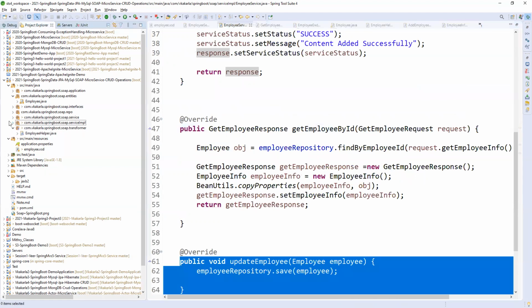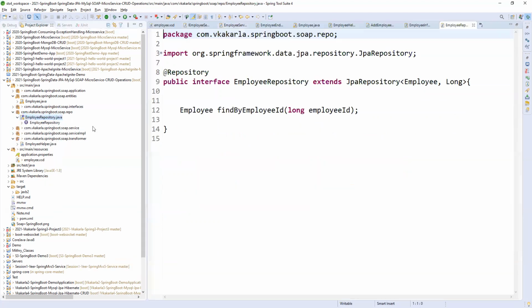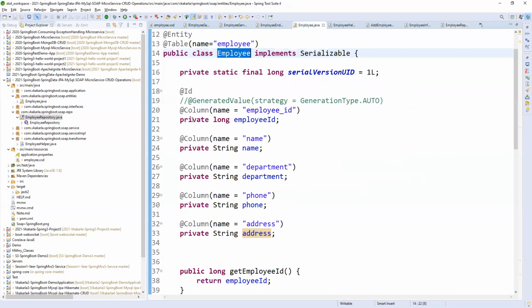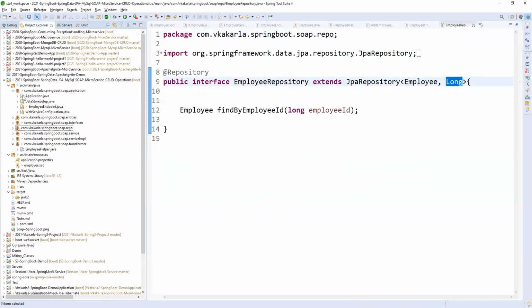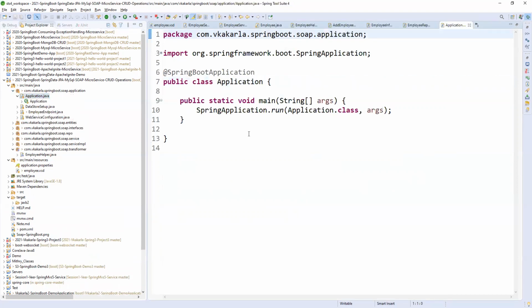So coming to repositories. So previous all classes I already told you what is this repository and what is this employee and what is this data type. Whenever we are using a repository, we need to give the database model as well as the data type of the primary key of this model. What is primary key of long? So the long data type we need to give here. Fine. So coming to application class. So this is the application class. So here we no need to give anything, just another Spring Boot application.